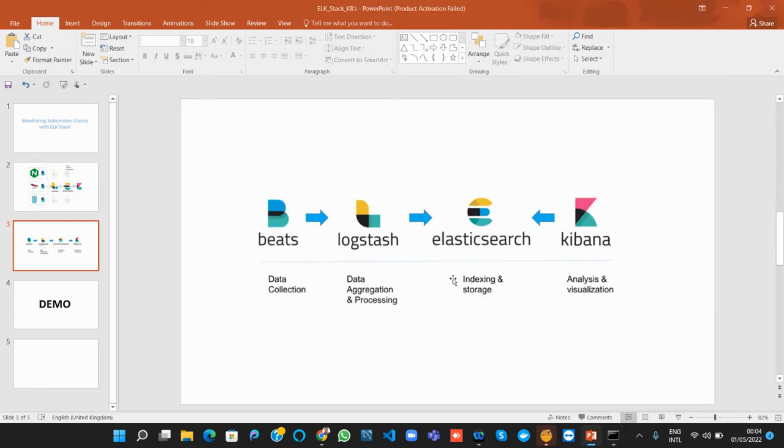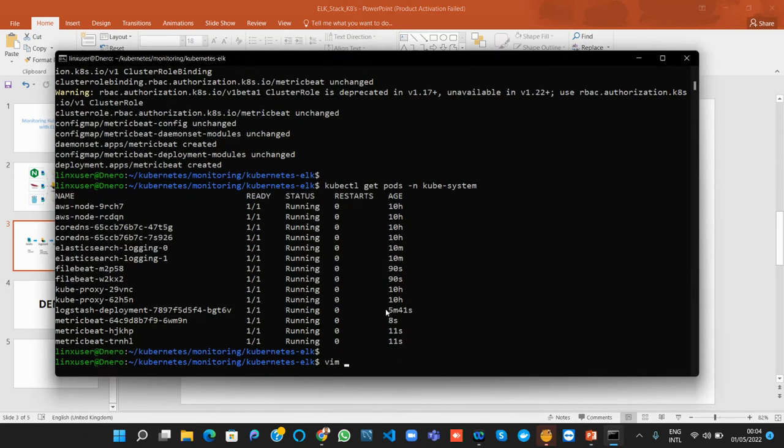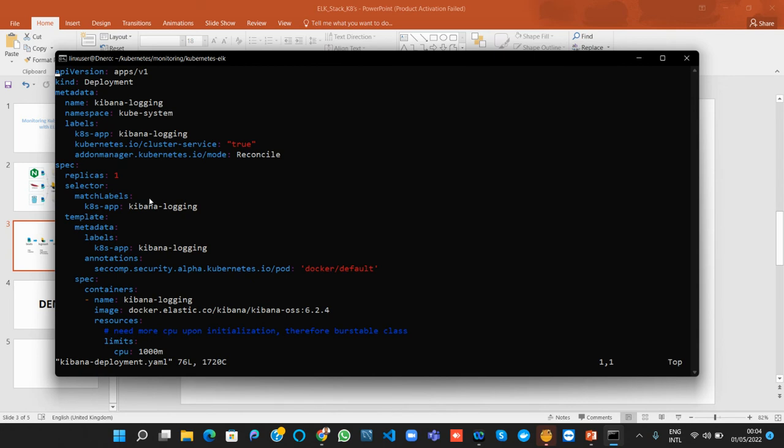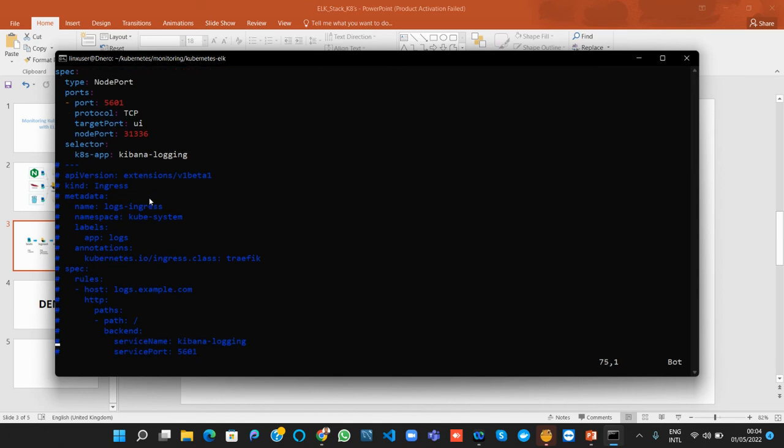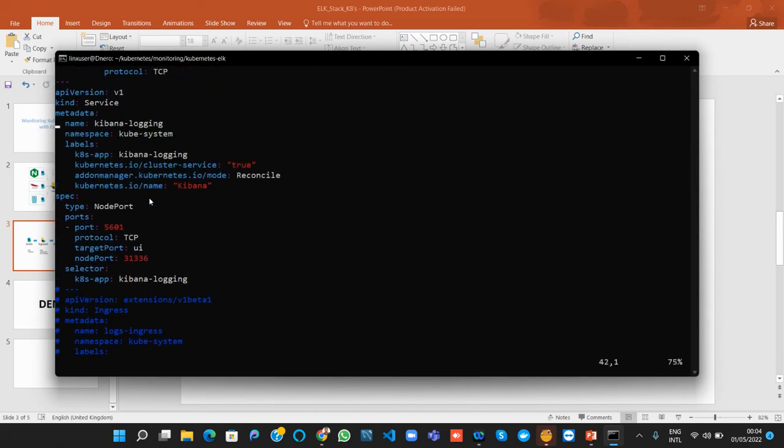So the last on our list will be Kibana, right? Let's look at our deployment for Kibana. It's the same thing as that of Elasticsearch. Like I always pointed out, I've picked all of these from the Elastic website. So Kibana is going to run on